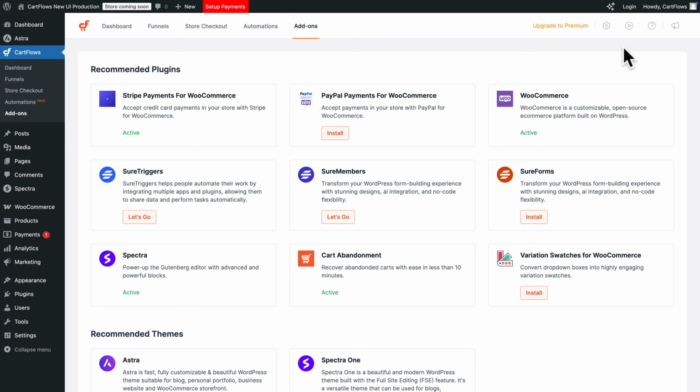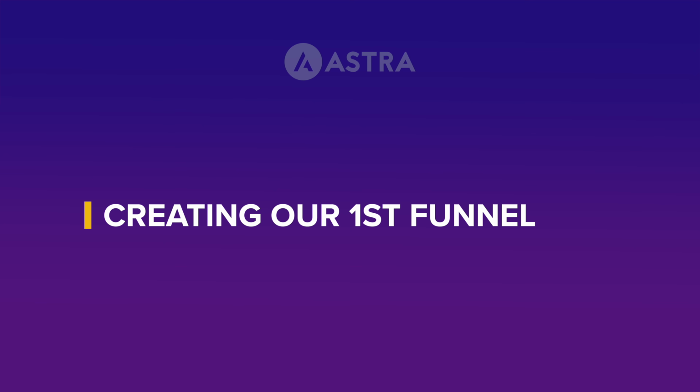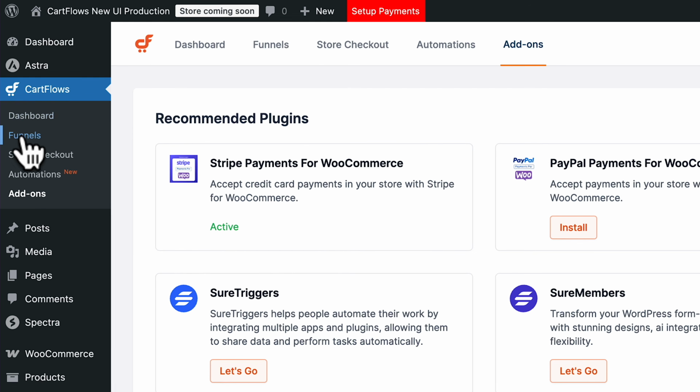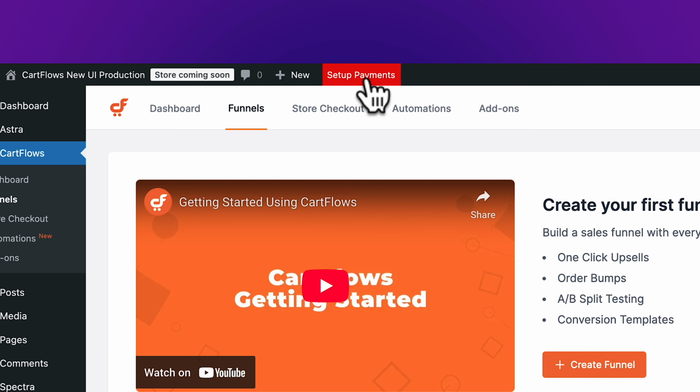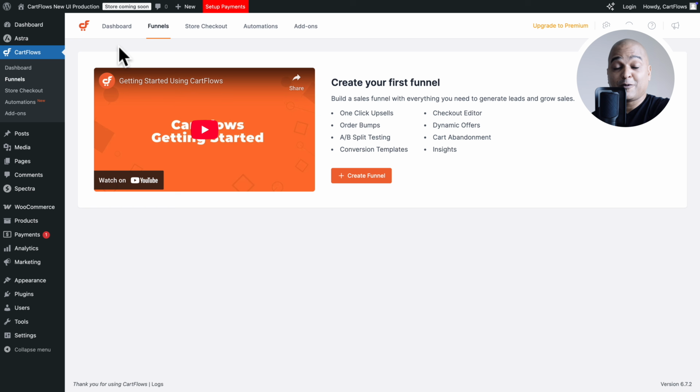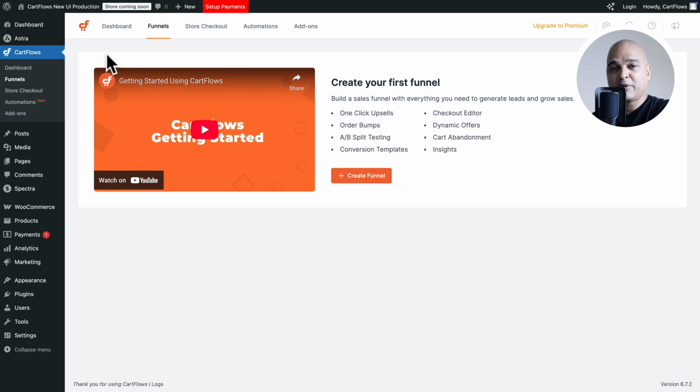Let me close this. Now let's create our first funnel. So for that, you want to go to CartFlows, Funnels. But before we can do that, as you can see here on top, we see setup payments and store coming soon labels. So of course, first you want to set up a payment option, and then you want to make your store go live. Now, if you recall, in the onboarding process, we installed a plugin for Stripe payments, but